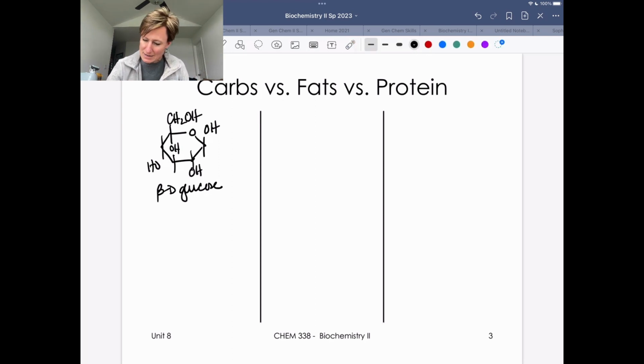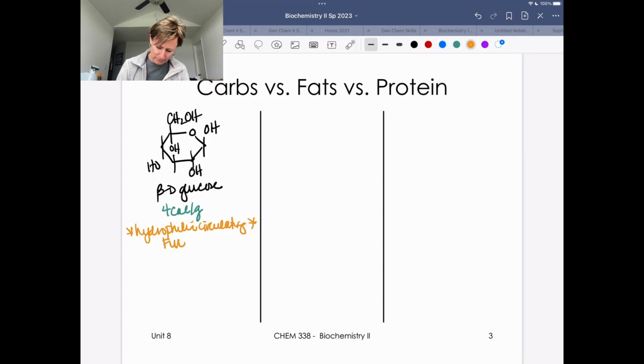All right, so some important numbers to think about with glucose. Glucose is worth 4 calories per gram. We're going to talk about what the caloric value is of each of these. Glucose is our really important hydrophilic circulating fuel. So that's what we want to remember. It is a hydrophilic circulating fuel. Right, and we talk about the importance in contrast to that in terms of lipids, but some other important numbers